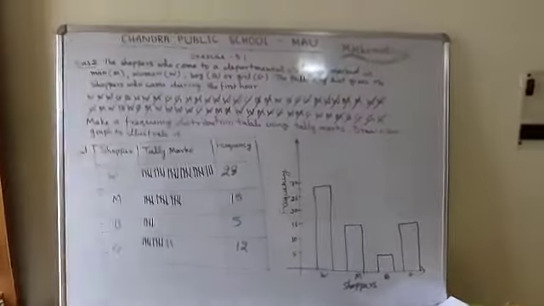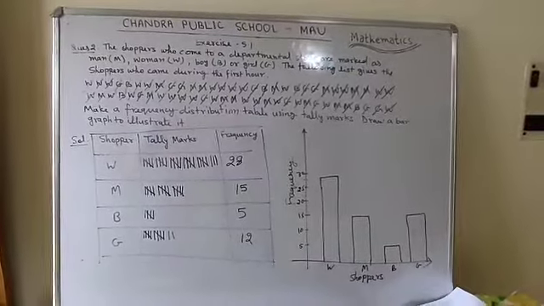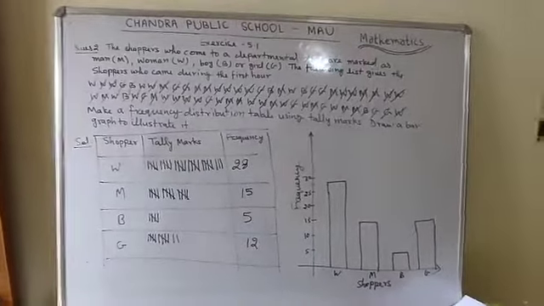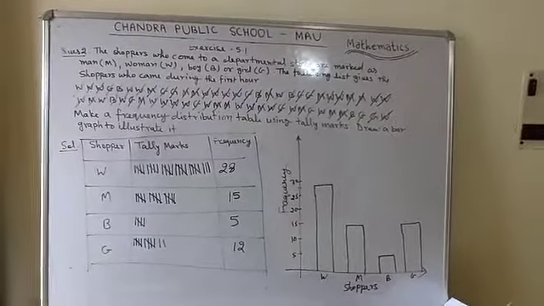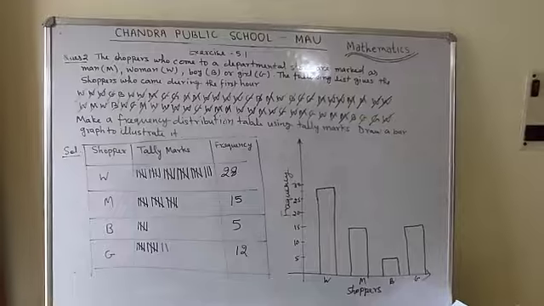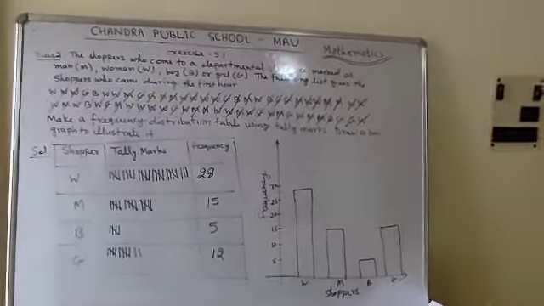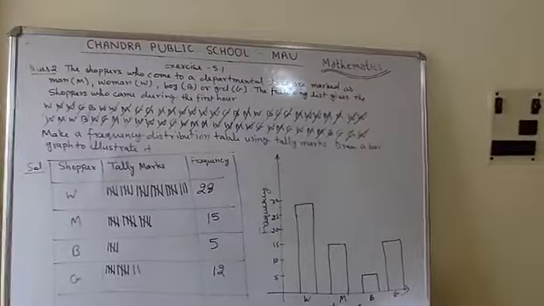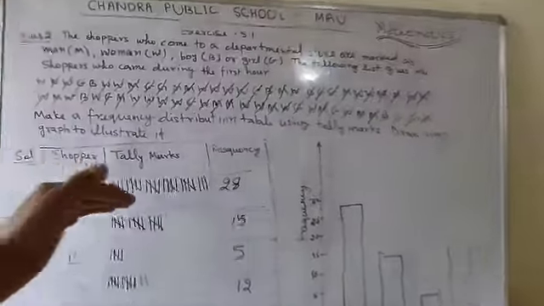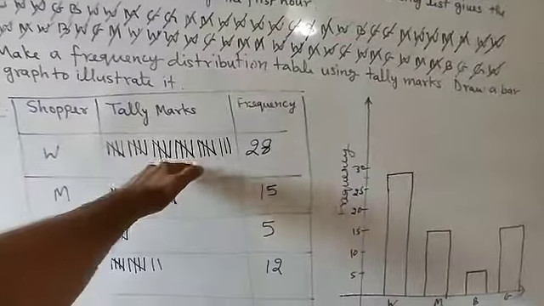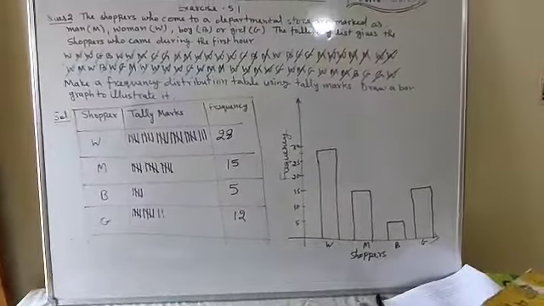So you will make that bar graph on the graph paper. I will give you that image also where I had drawn it on the graph sheet. So it is the complete solution of question number 2. You need to draw it on the graph sheet, and in your CW copy you need to paste that graph sheet just below that table, just after that table. So that is going to complete question number 2.